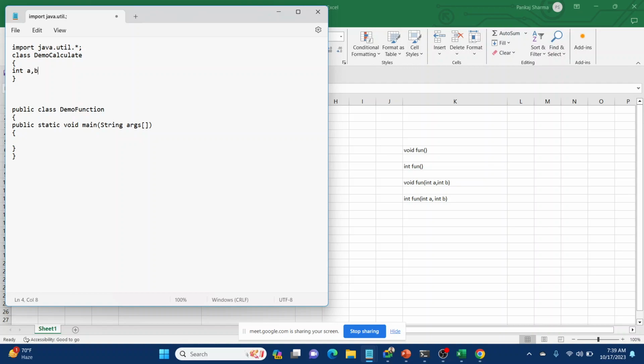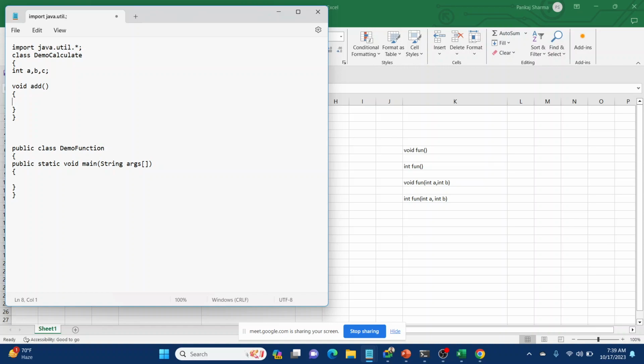This class has three variables and our void add. So this is an add function. We need to do everything required for the calculation. So we need to scan two numbers from the user. We will tell the user also, and we will create a scanner object over here.